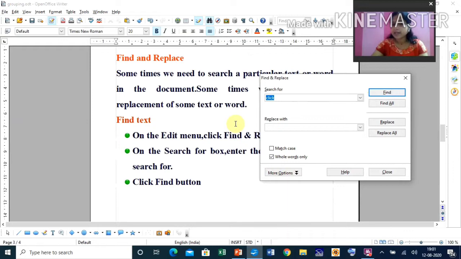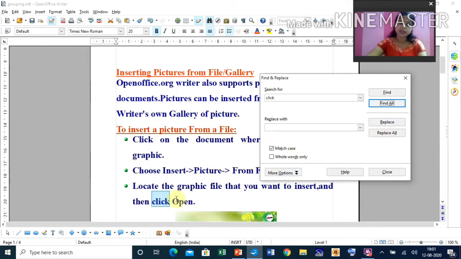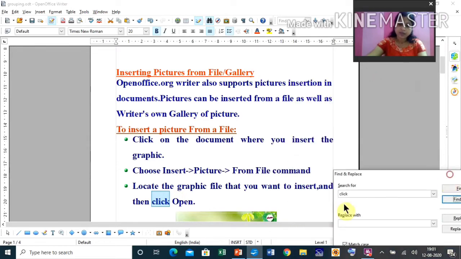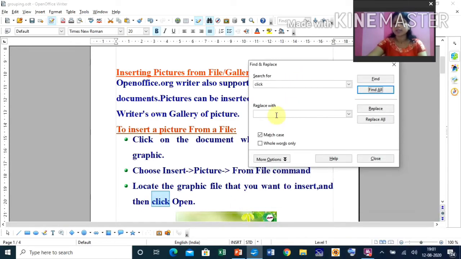But if you want to search for exactly the letters, suppose I have written click with the first letter in small letter only. Then I select match case and then find all. It will search only the words whose first letter is in small letters. You see that capital Click has not been selected this time. Where the first letter is capital, that click is not selected, rather where it is small. Exactly it will match the word, then it will search. That is the use of the find option.